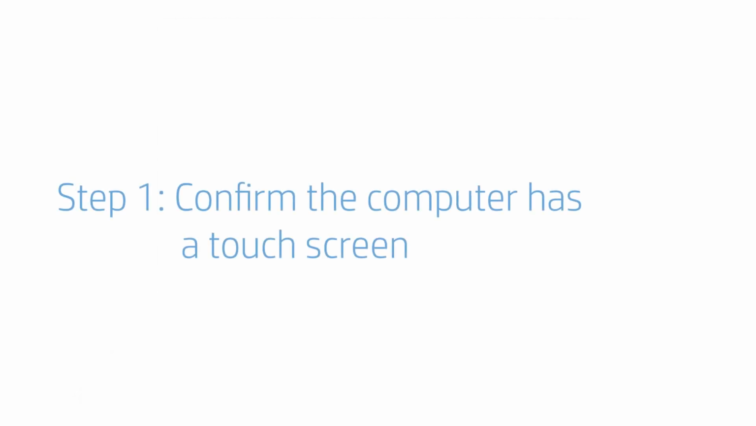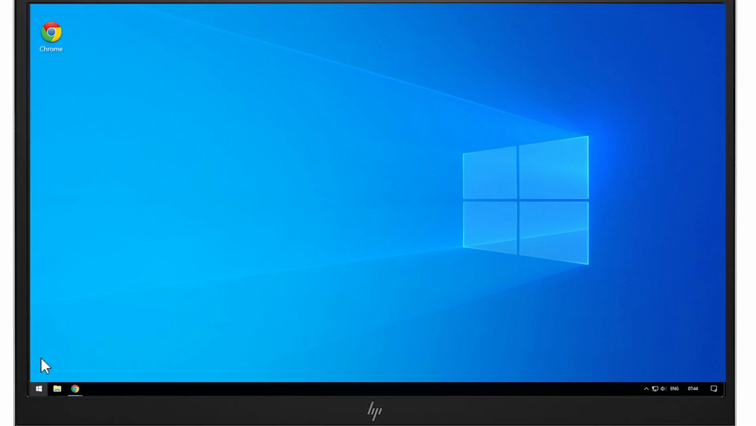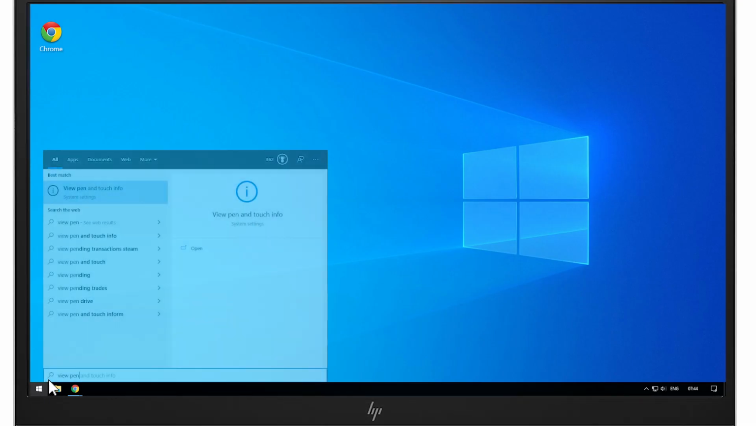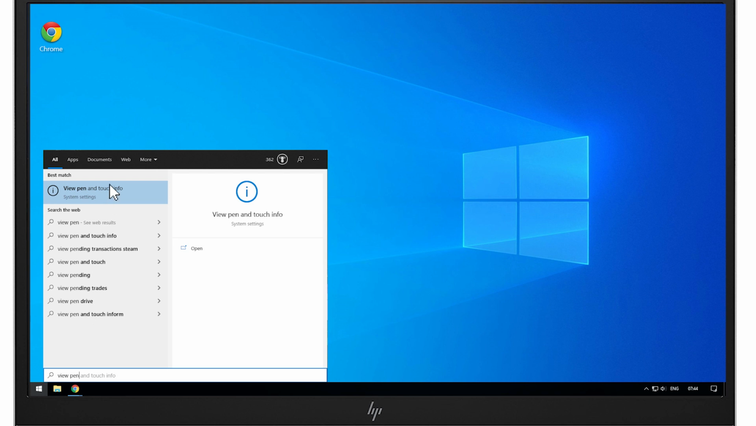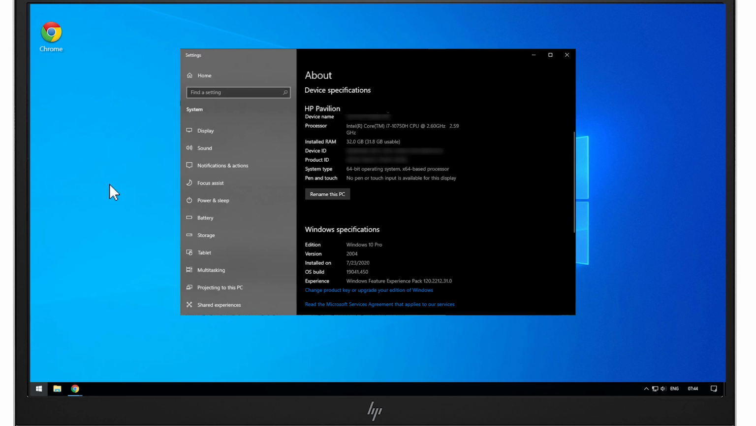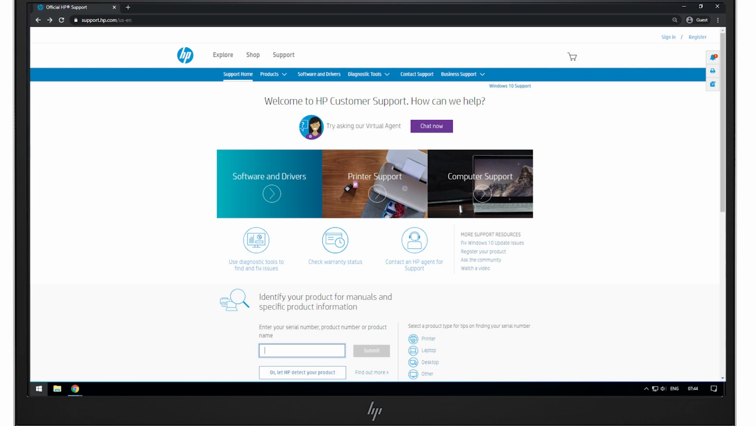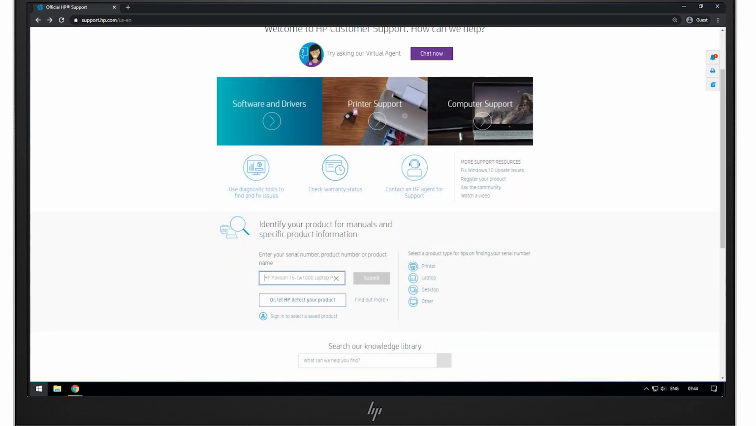If the screen has never responded to being touched, but you think it should, use one of these methods to confirm that your computer has a touchscreen. In Windows, search for and open View Pin and Touch. If the Pin and Touch section reads "No pin or touch input is available for this display," the computer does not have a touchscreen. Check the product specifications for your computer model on the HP customer support website at